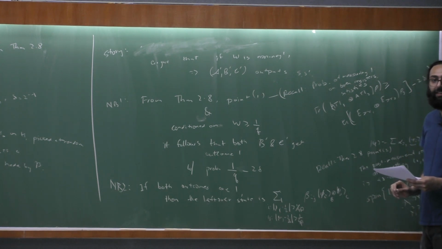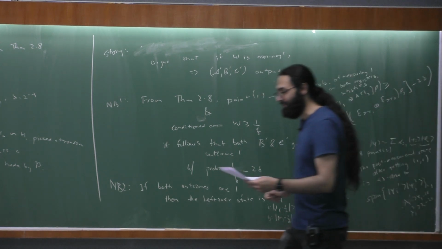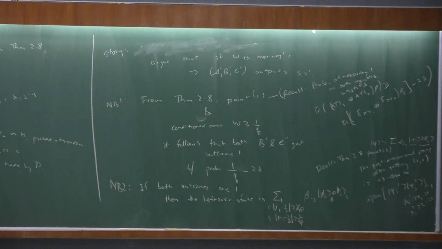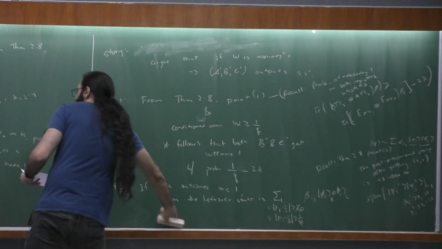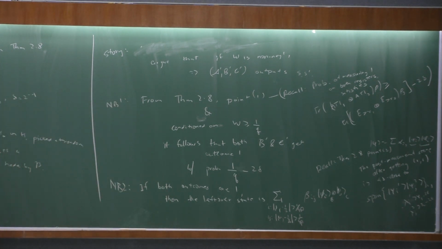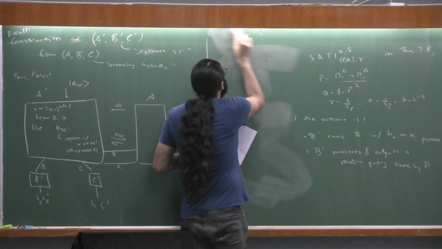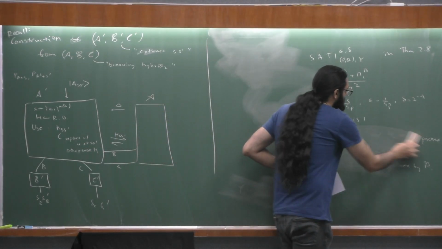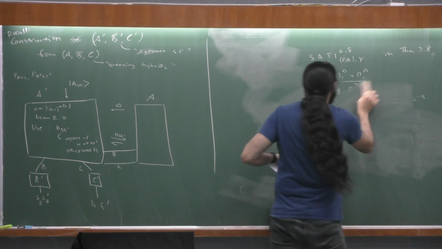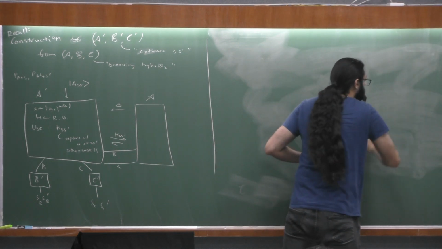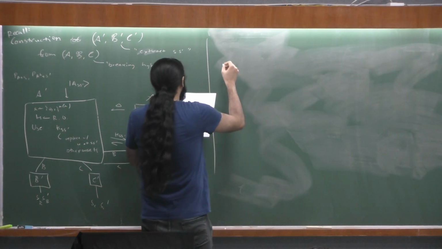Good. So we have this. I think this is the part where the paper makes a small mistake, but that's okay. Yes, I'll erase B prime and C prime because we know what they're doing now. And then the last step is that